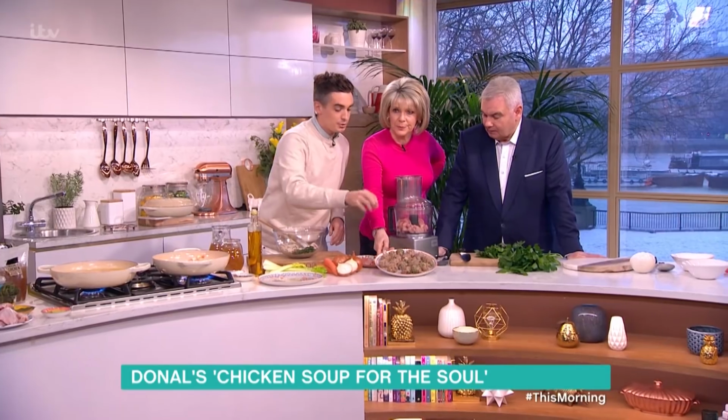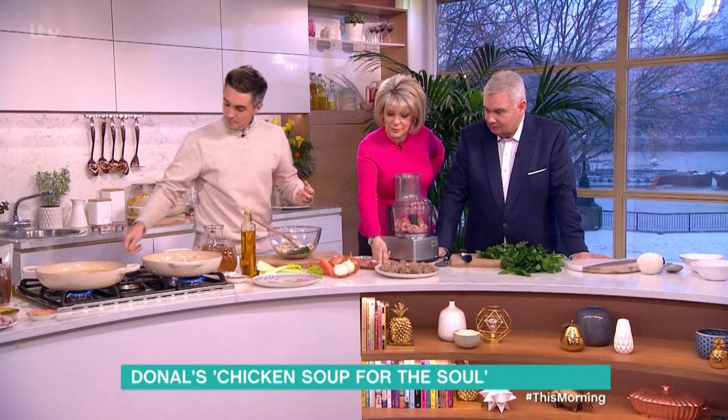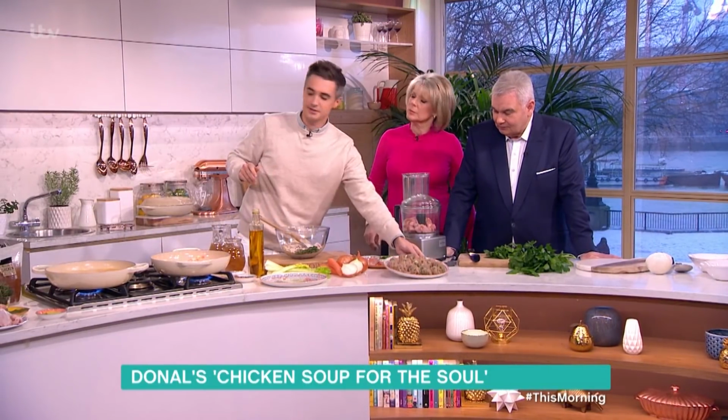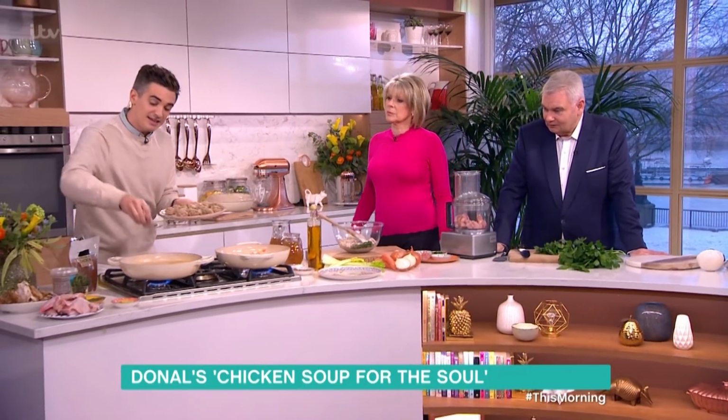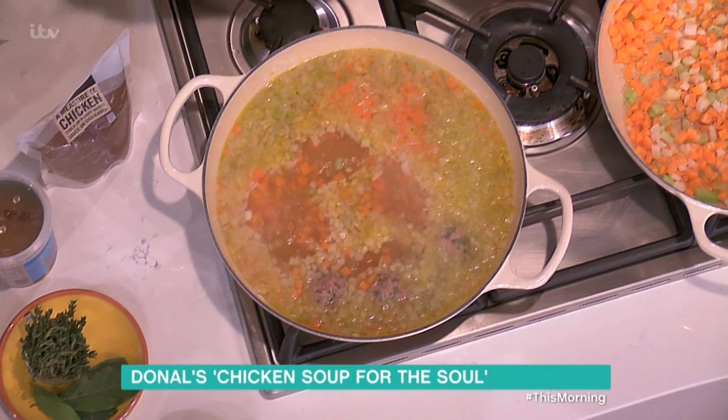But they're fantastic because you plop them. You can fry them off if you want to, if you wanted to brown them up alongside here. But what we're going to do is pop these straight into that soup, and literally they take minutes to cook off. So once you have your little chicken dumplings in there,